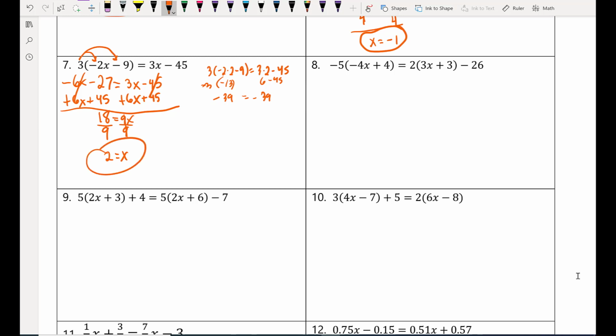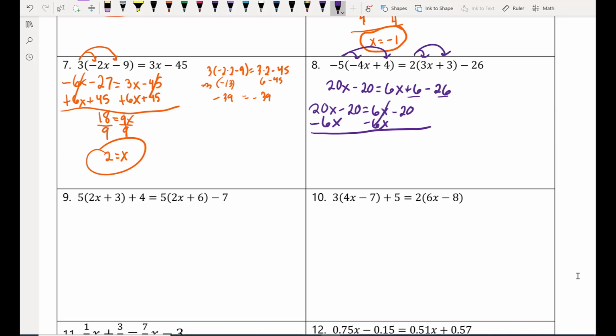Okay, we got 2 to distribute here on this one. I'm going to change colors. 20x minus 20 equals 6x plus 6 minus 26. So we want to put these numbers together like normal. 6 minus 26 is -20. Oh, this is interesting. I'm going to subtract 6 from both sides and get 14x. I'm going to add 20 to both sides,